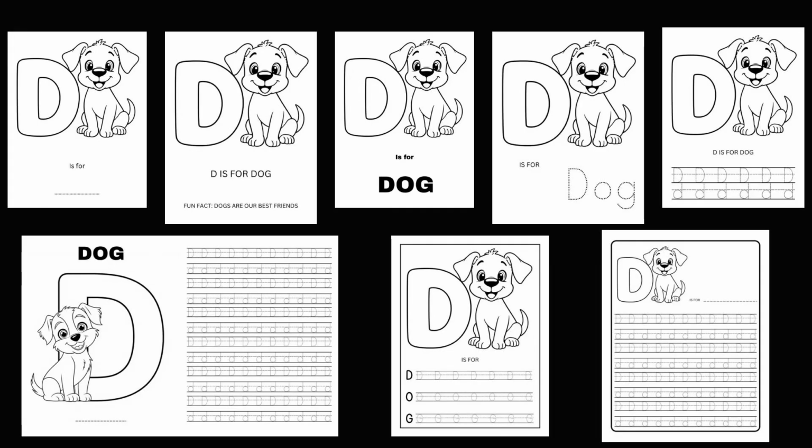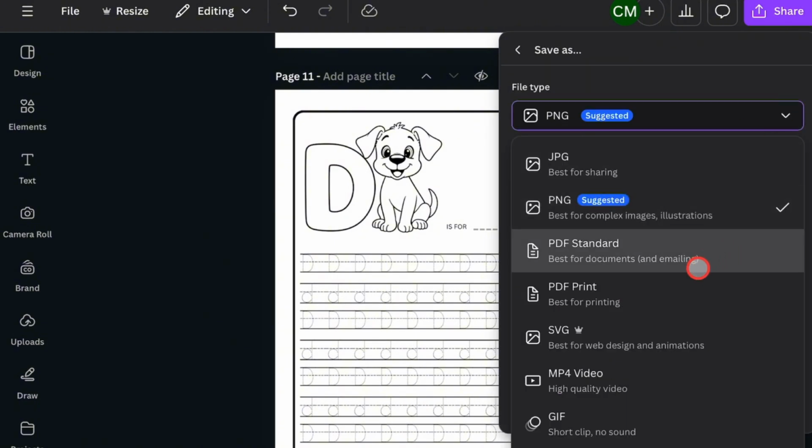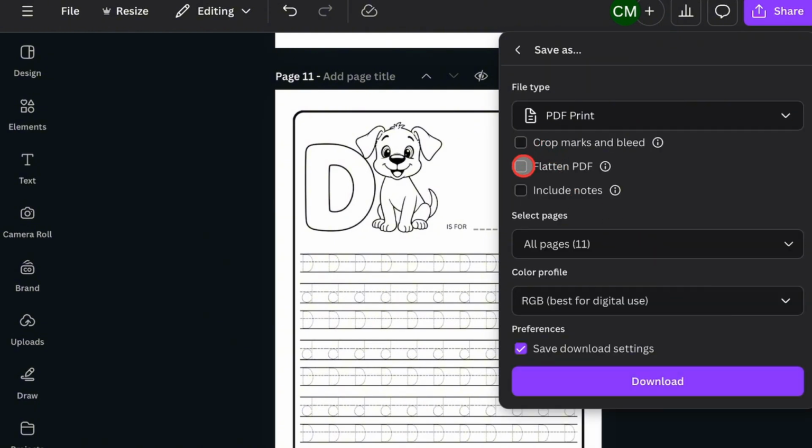So here are all the design layouts we made. You can choose whichever one works for your needs. Once you are done with creating all your pages, you should click on the Share button, then click Save. Select PDF. Make sure you check on Flattening. This means that everything on the pages will be locked so it doesn't move when you upload it to places